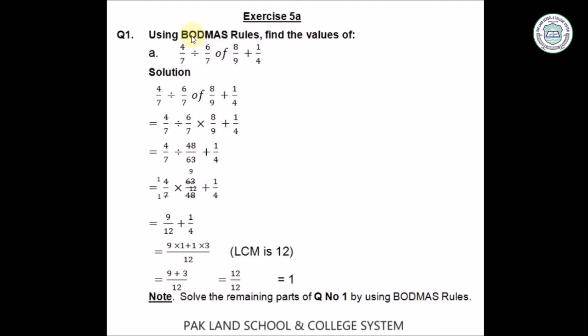Exercise 5 here. Using BODMAS rule, find the values of a is 4 by 7 divided by 6 by 7 of 8 by 9 plus 1 by 4. This 'of' means multiplication. So in solution we change it into a multiply. Remaining all terms are same. 4 by 7 divided by 6 8s are 48, 7 9s are 63, plus 1 by 4 as it is. So in BODMAS rule, first we solve the multiplication, then division,